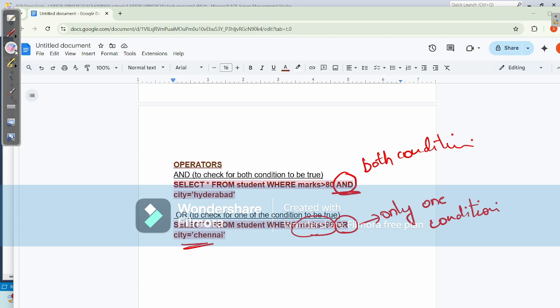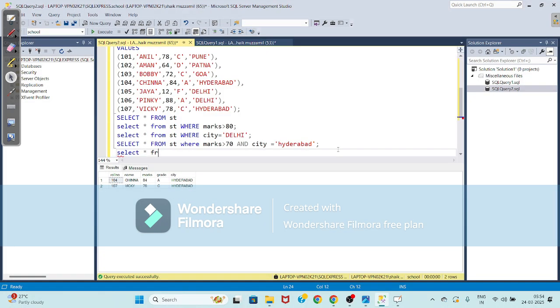Let us execute. Select star from st where marks greater than 60 or city equals to Delhi.